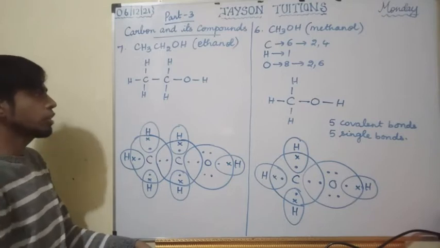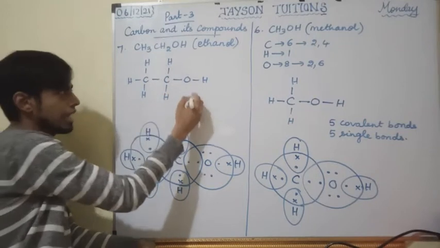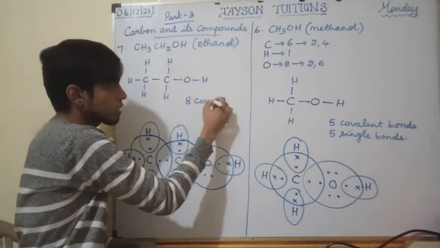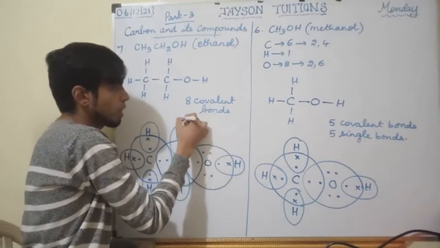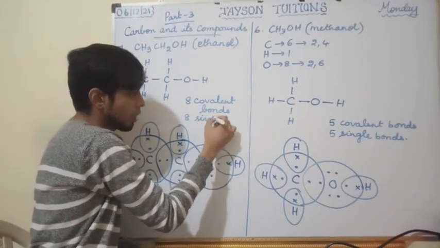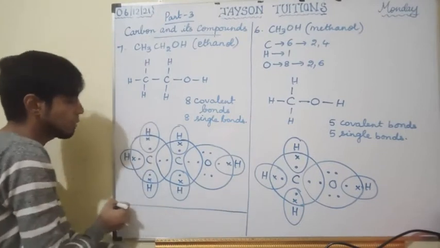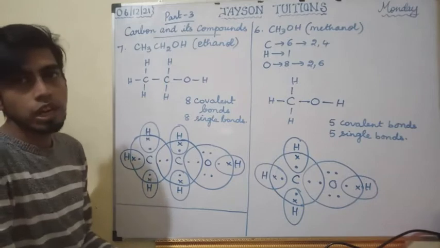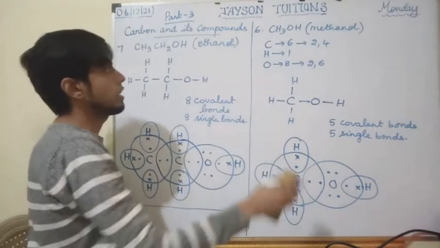So how many covalent bonds are there? 1, 2, 3, 4, 5, 6, 7, 8. So there are 8 covalent bonds and all the 8 bonds are single bonds. So this is my electron dot structure for ethanol. Okay. So next we are going to draw the electron dot structure for